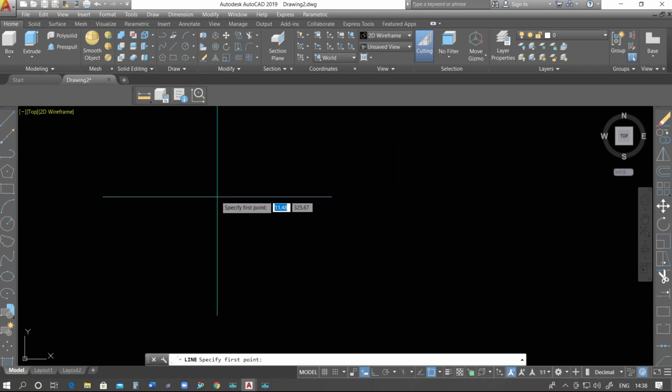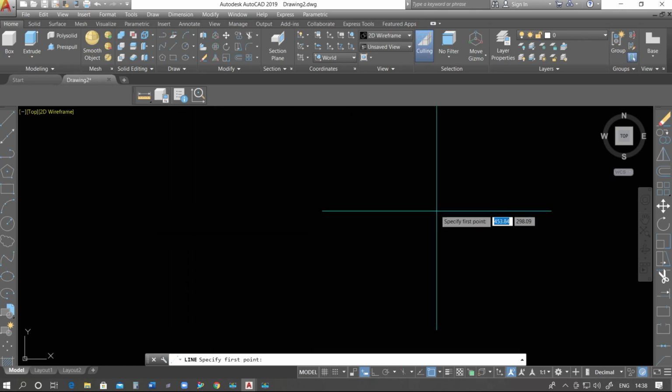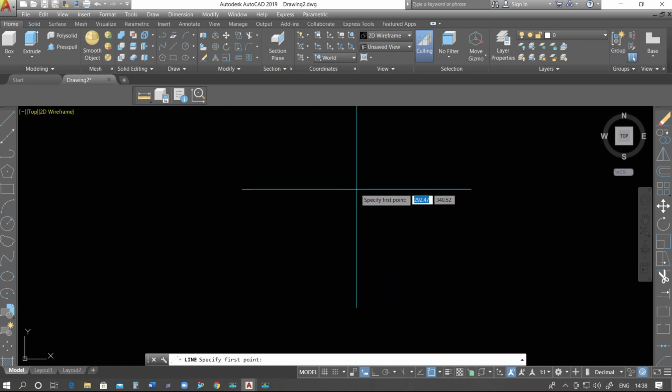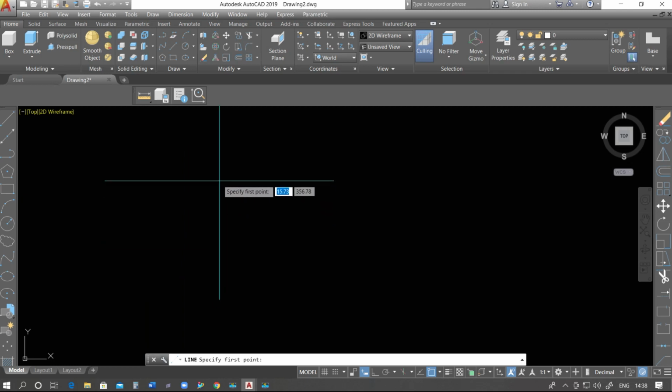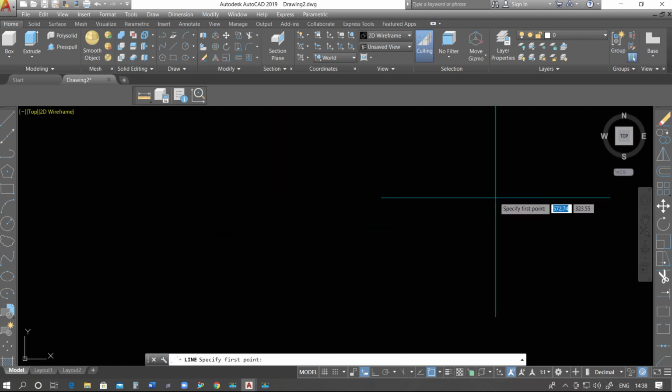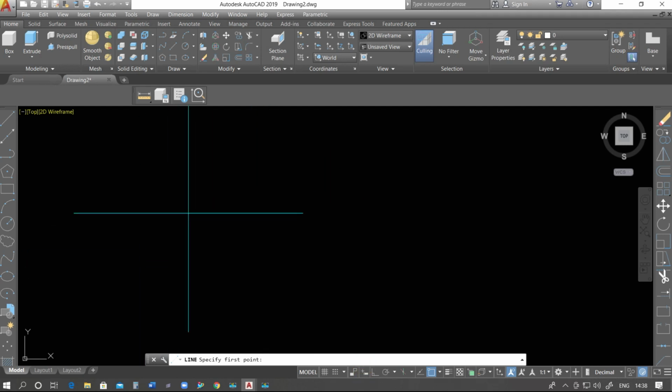We see that we have the position of this cursor, and it gives us the position as I am moving. But as we uncheck dynamic input, we are not able to see the position of this crosshair.